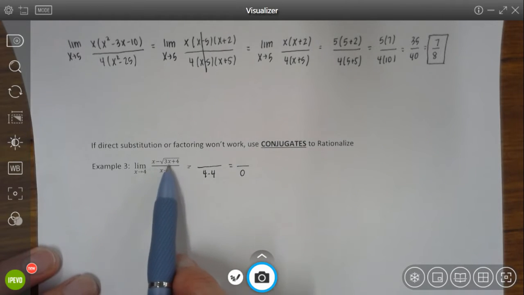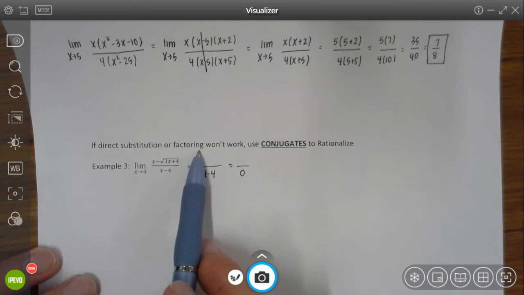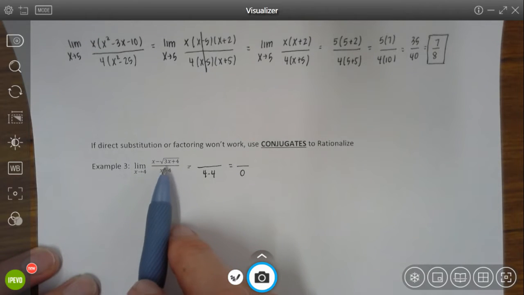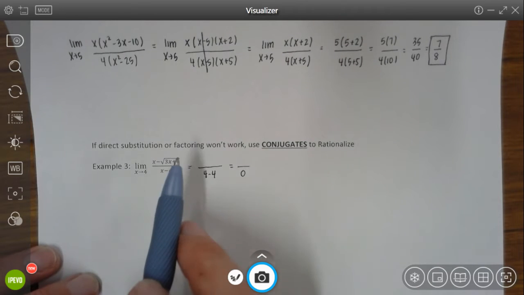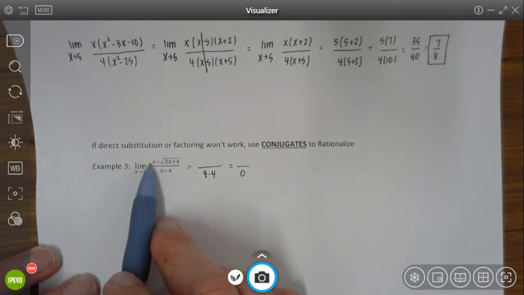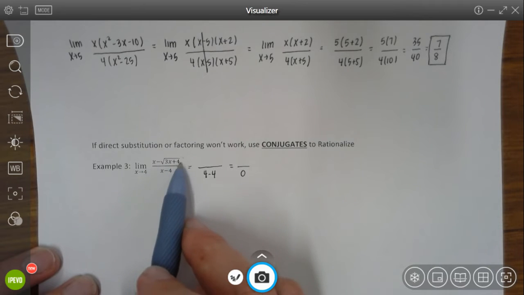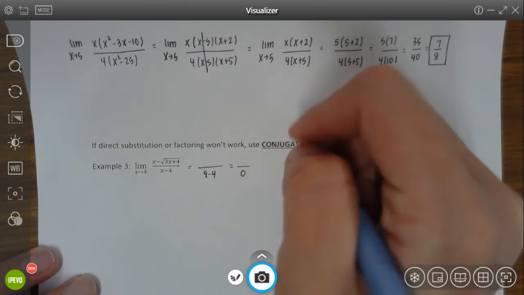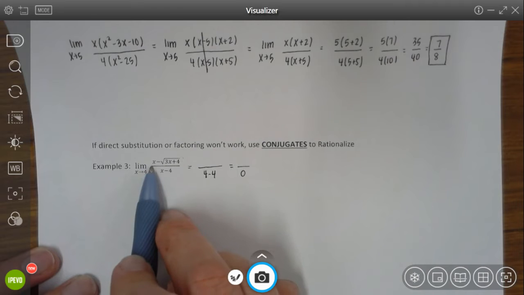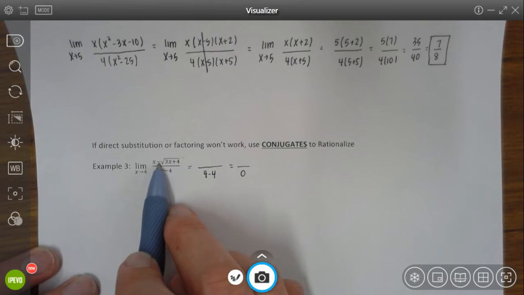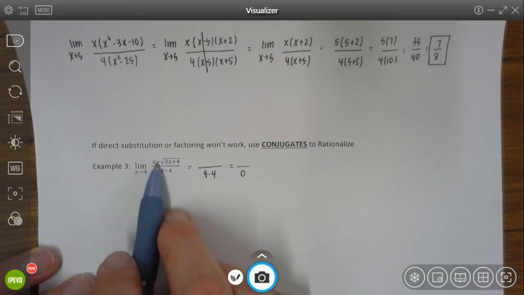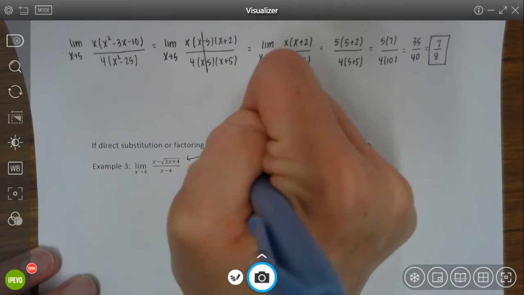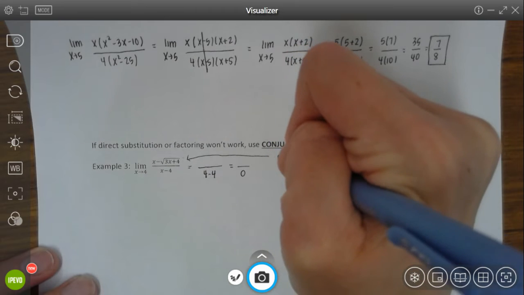This is not a polynomial form, so I won't be able to factor it either. So in this case, we said that we would want to use the conjugate of anything with square roots. So the conjugate is what we're going to be looking at of the term that has the square root in it. So the conjugate, remember, is the first term stays the same, second term stays the same. The only thing that changes is the sign in the middle. So the conjugate here that I would want to use is going to be